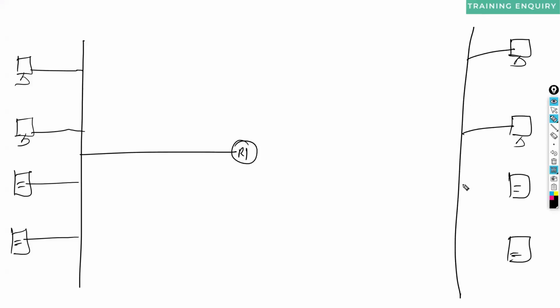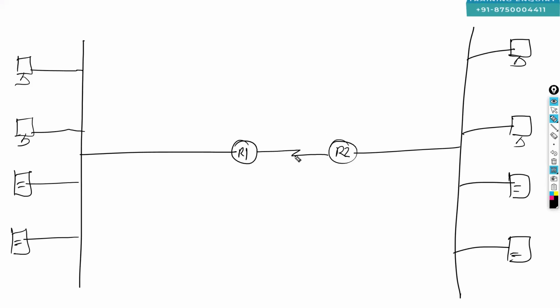They are also connected with a switch, and the switch is connected with a router. So you can connect these two routers with each other via leased line,